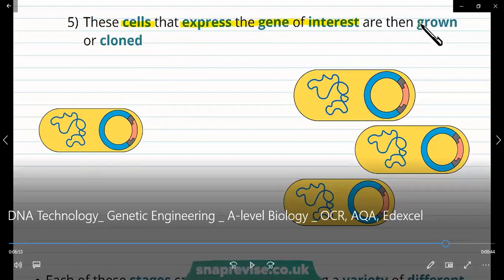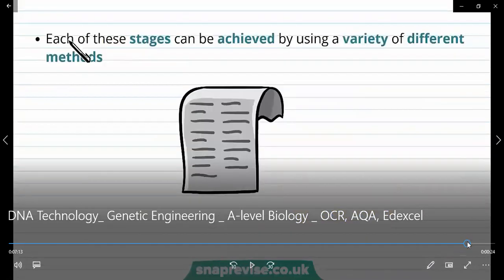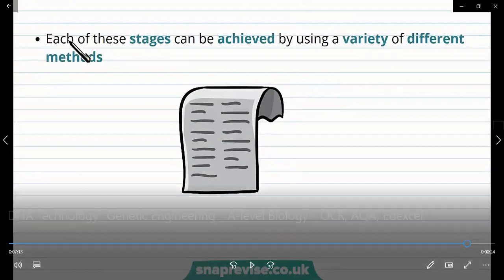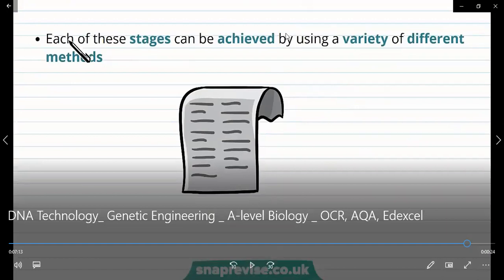So once you have identified the ones that have taken up your gene, then all the offspring will be recombinant. They will have the same recombinant plasmids and they will be able to produce your gene of interest. After you've allowed your bacteria to be cloned, you just wait and let the bacteria read the gene and produce the protein that you're interested in. Then, once the bacteria have produced the protein, you can kill the bacteria, purify the protein, and then you would have collected the protein that you are interested in.